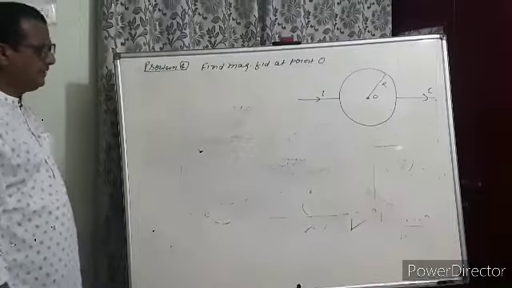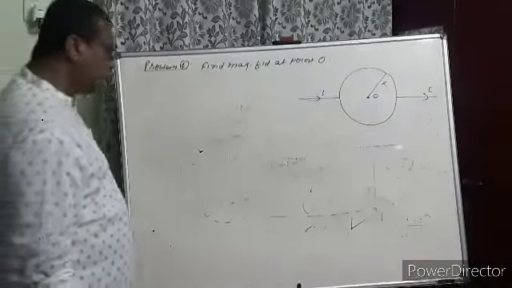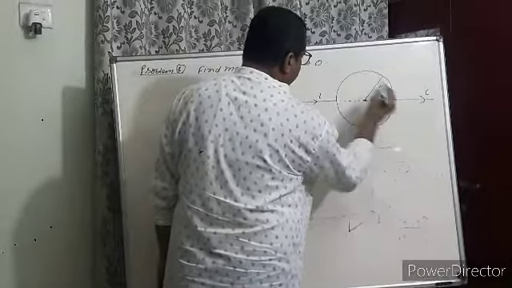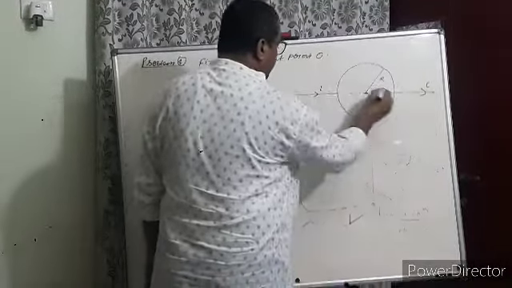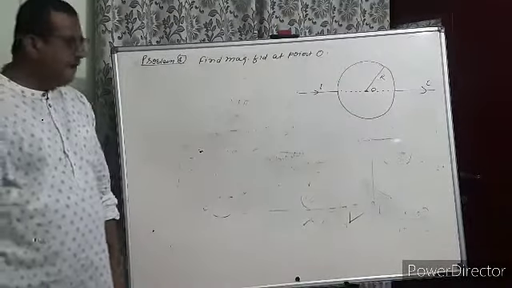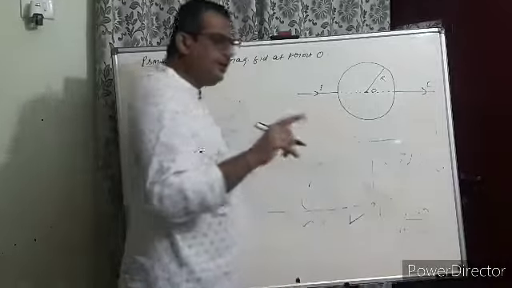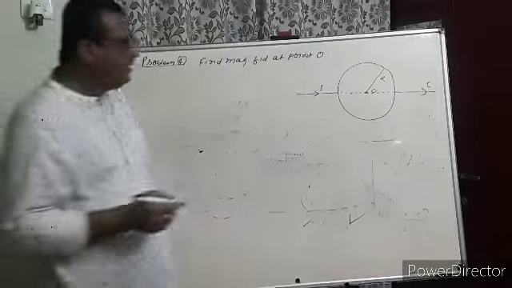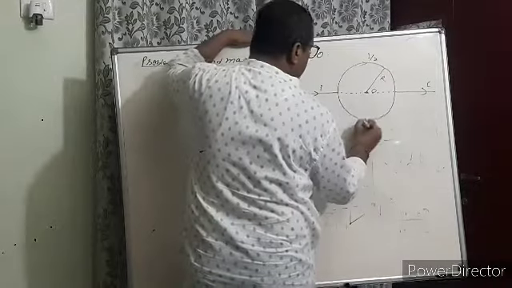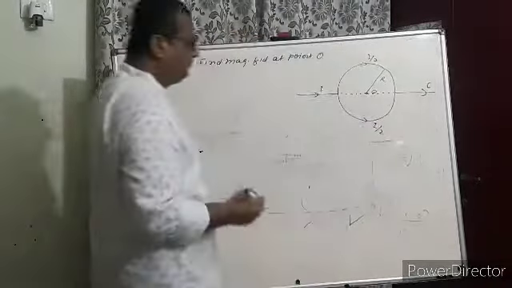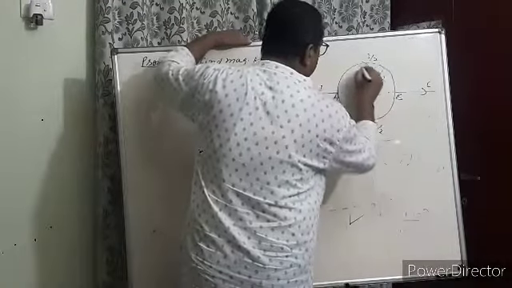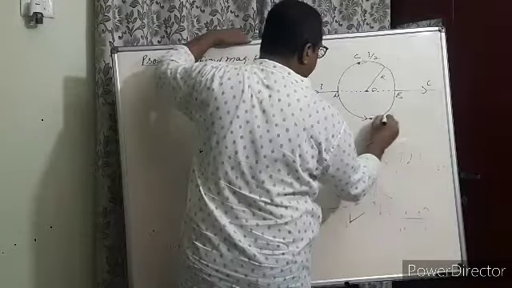Then how will you calculate? First of all, you should know that this point is at the diameter and this wire length is the same, so resistance will be the same. Because R is directly proportional, R equals rho L by A, so here current will go I by 2 and from this side also I by 2. So magnetic field due to ACB.